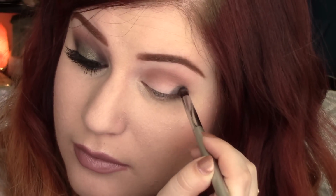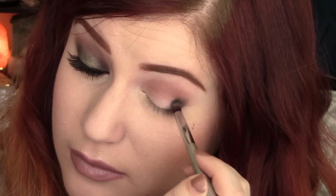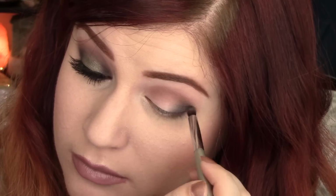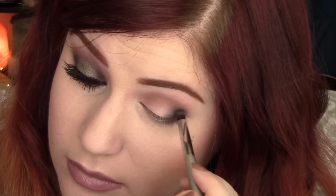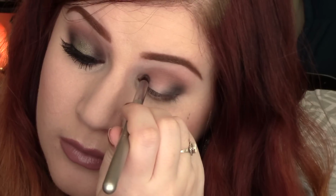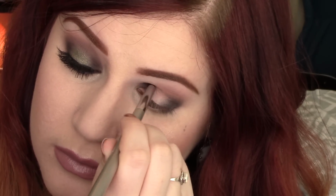This I did go ahead and speed up for you guys because blacks, you just have to take your time with them, so I took a lot of time blending. It's so funny because I never use black eyeshadow anymore. I used to use it every single day in high school, but I never use it anymore, so I really took my time with it, and I'm also putting it in my inner corner as well